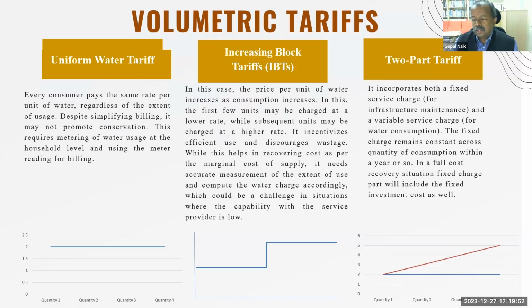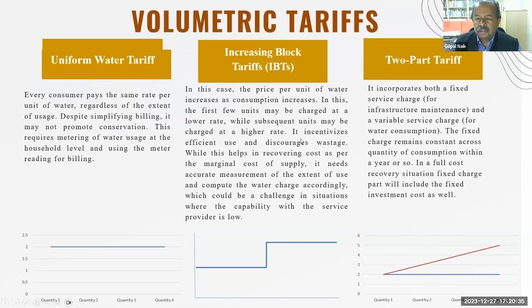variable component, which basically incorporates the variable cost with respect to the quantity of consumption. Of course, this variable can also be made more like a stepwise kind of charging. That means beyond a certain level you increase the charges and so on. But that's up to the management to decide how complex you can get, and also what is the best way to charge, considering the recovery of the cost